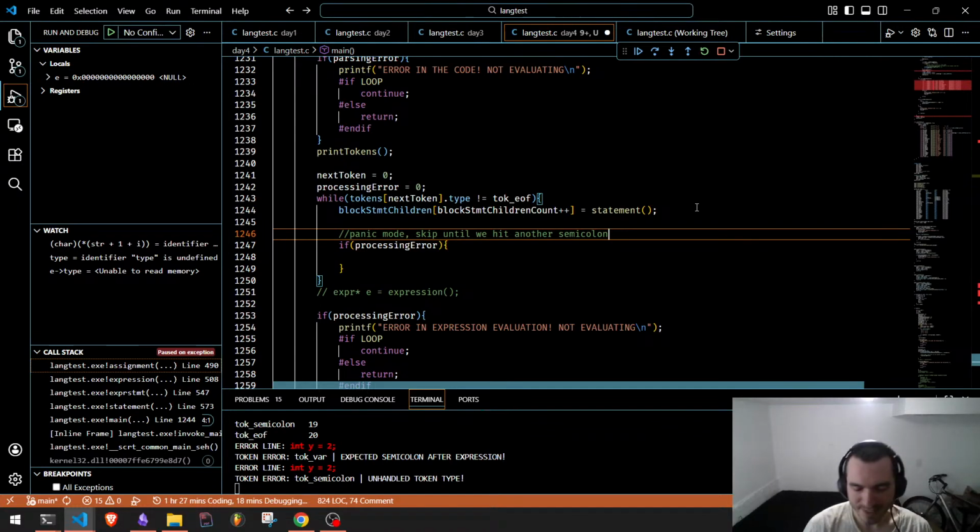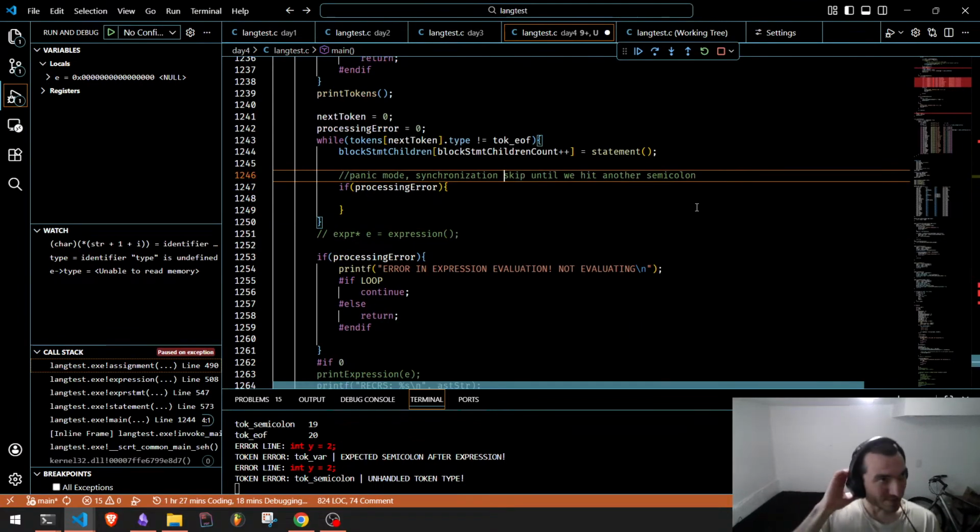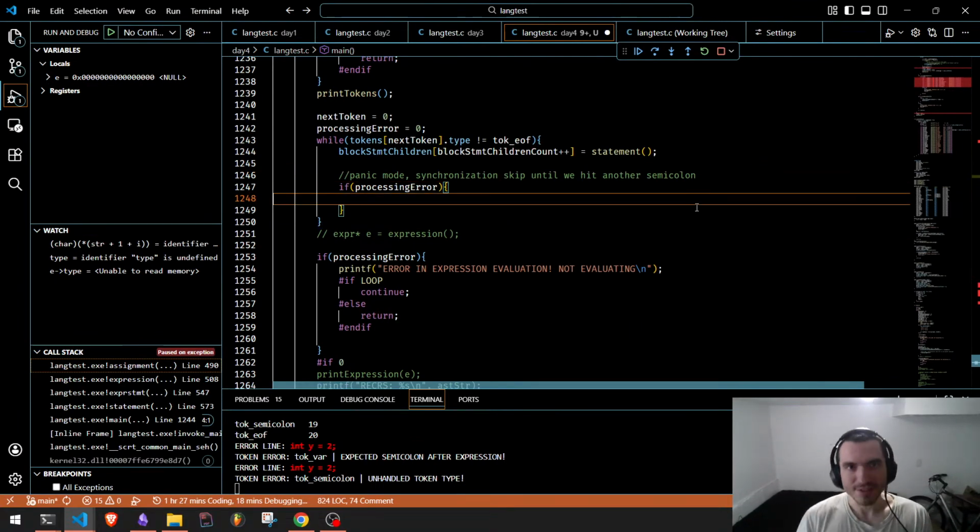It's called synchronization. You can get a more robust version working from Crafting Interpreters. We'll say while tokens next token plus plus dot type does not equal